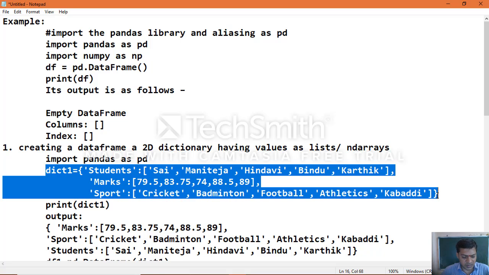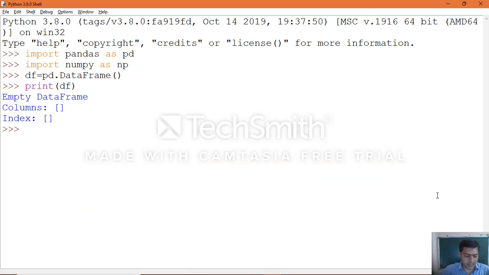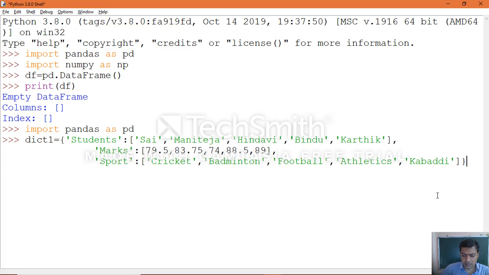Let me see whether it will work or not. Multi lines, import pandas as pd. Yes, it works fine.